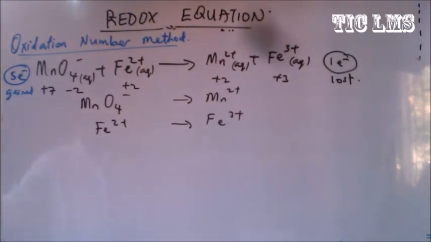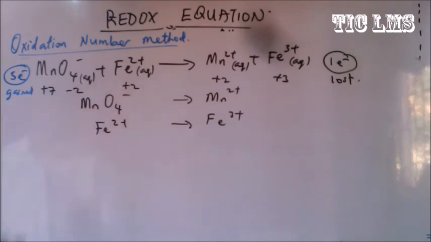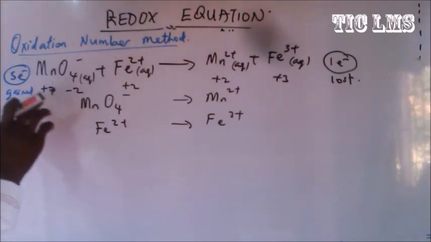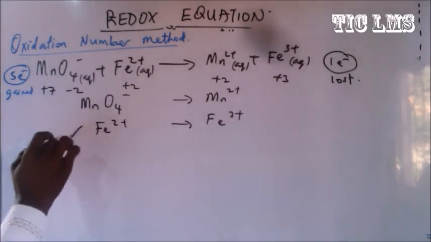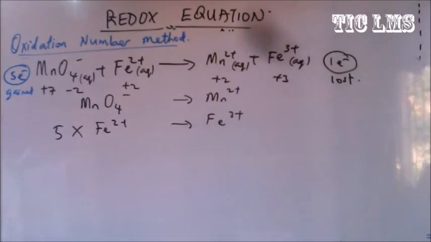The next step is to balance the electrons. From here, we said that there's a gain of 5 electrons here. And so what we'll do, 5 electrons was gained by manganese. So we multiply this by 5. And here, and then iron lost an electron. So multiply this place by 1. And the resultant will be